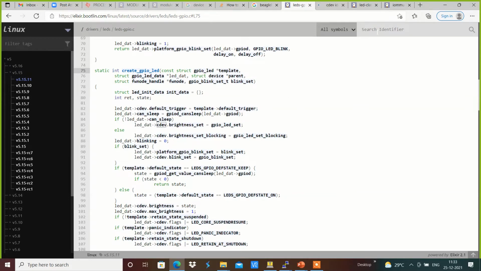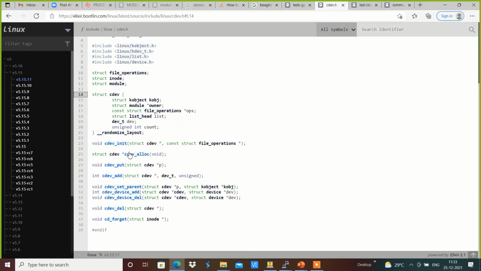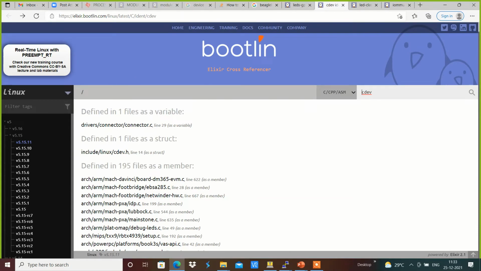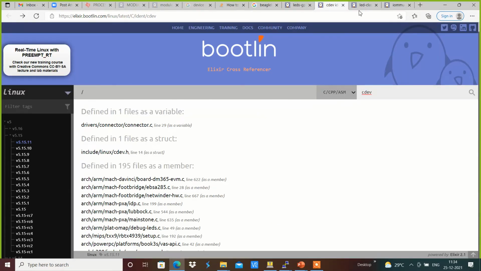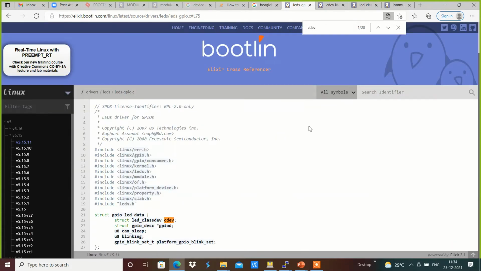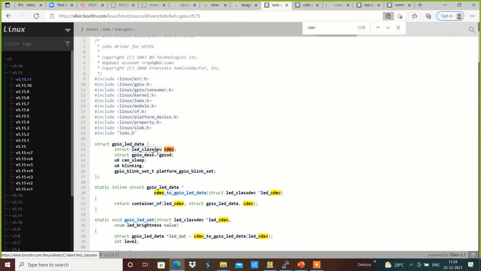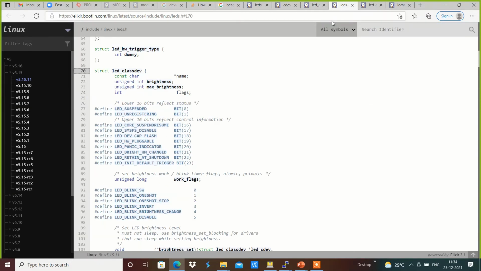If we have the cdev, inside it we have cdev.h. Here we have led_classdev, and that contains the respective callback functions.